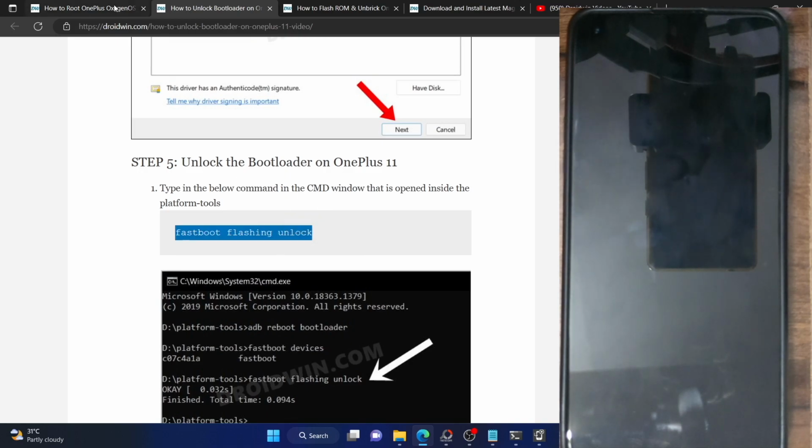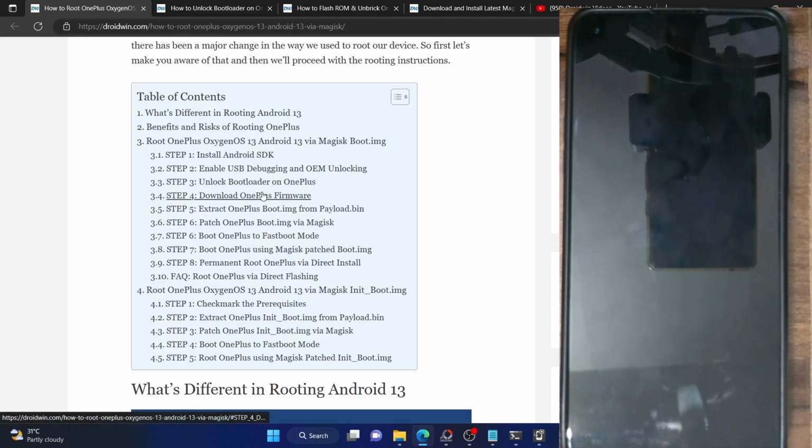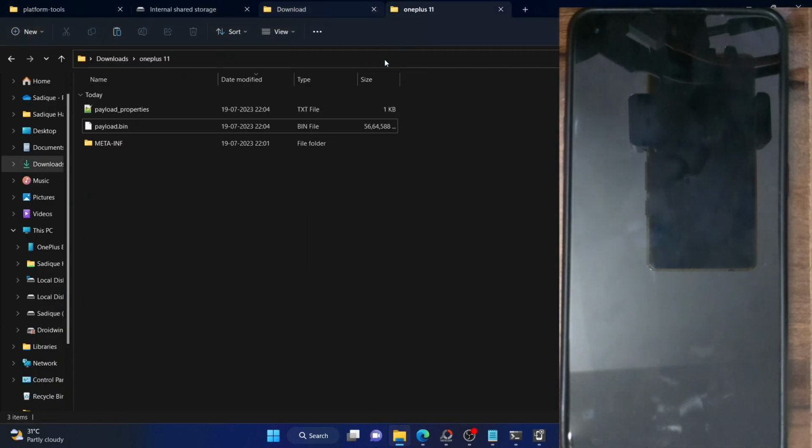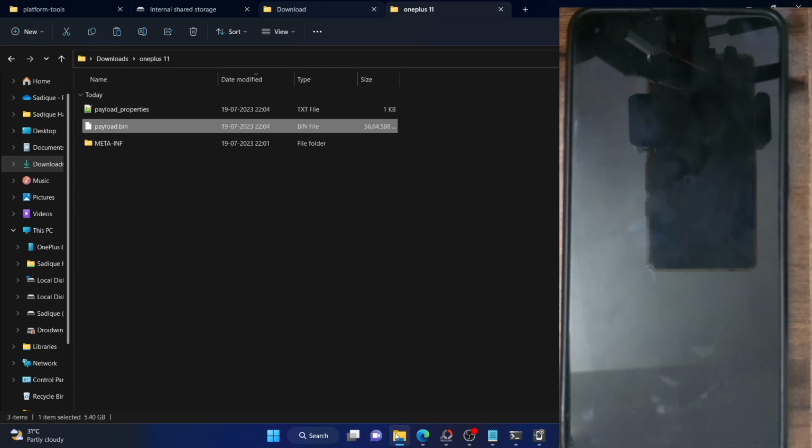Once that is done, you then have to download the firmware. You could download the firmware from the official OnePlus site, from the XDA website or the Oxygen Updater app. Once you have done the download, you will get a firmware. So extract the firmware and then you will get the following 3 files, out of which you only need the Payload.bin file. So now what you have to do is simply copy the Payload.bin file and then you have to